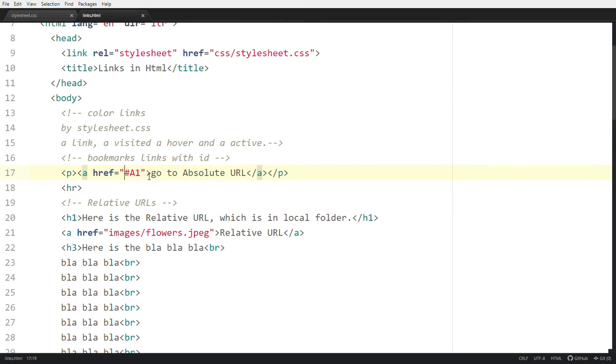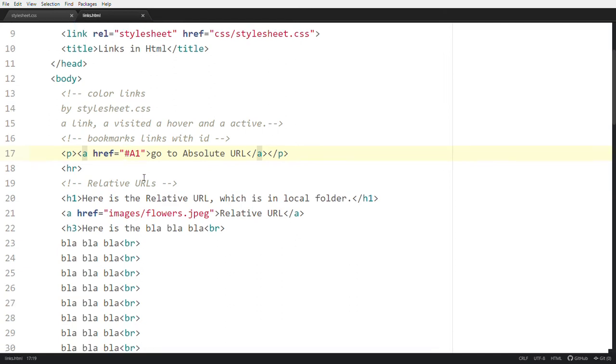What is the use of a bookmark? When the content is much larger than a normal web page, these bookmarks are used to go to some place which is much further away. These make it easy to go to that place.